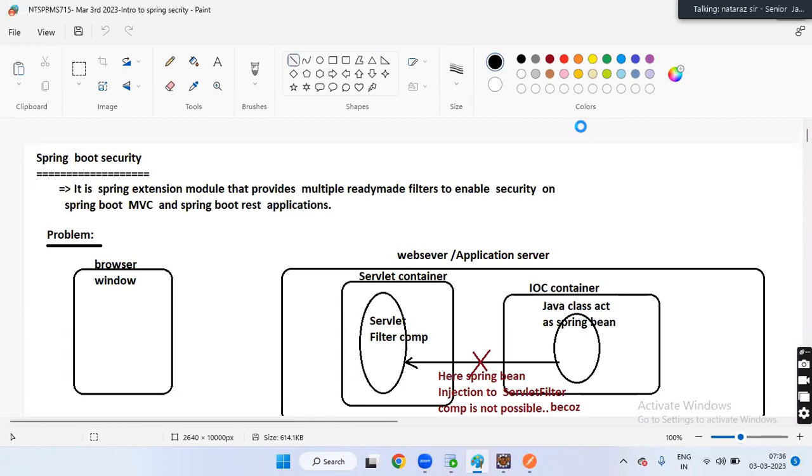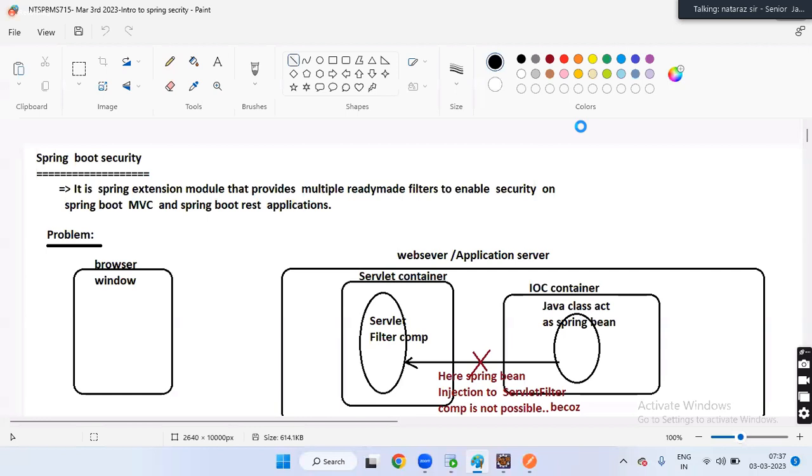I have a small question, guys. I want to inject Spring Bean into servlet component. Is it possible? Or servlet filter component?